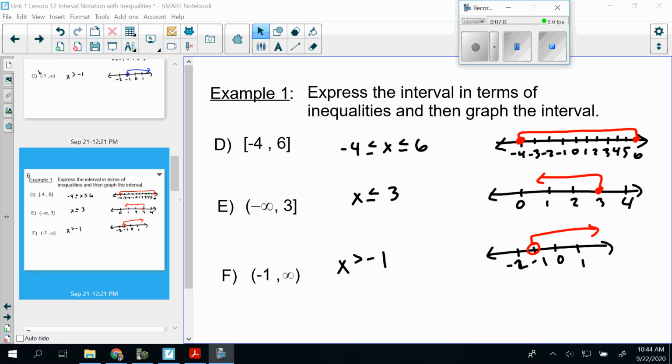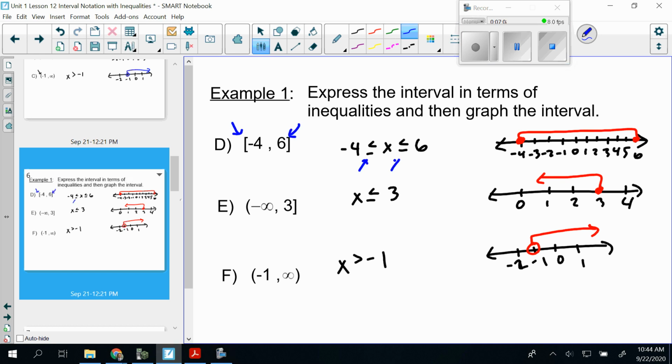All right, see how you did here? On that first one, they're both bracketed, and so you want to make sure you have the equals to with your inequality symbols, and then because we're including the points, you should have closed in circles at both -4 and